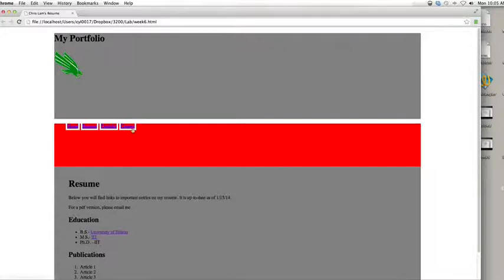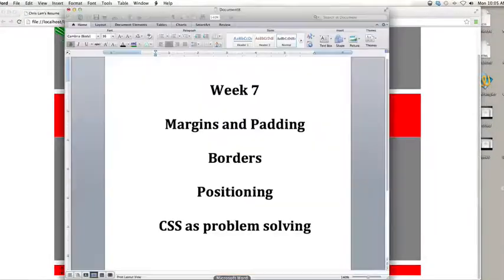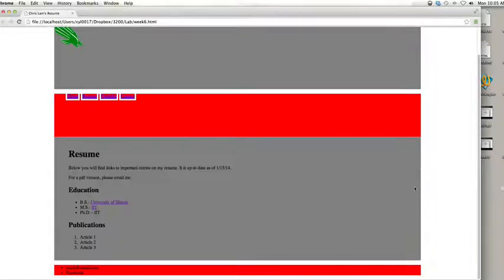And so you can kind of see that coming into shape. They're really ugly buttons right now, but we can start to make them look more like buttons using borders. Okay, so that is borders. Positioning. Okay, so positioning is really complicated. And it's actually not as complicated as you would think, but